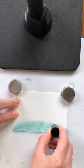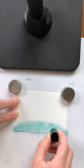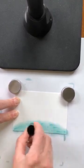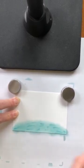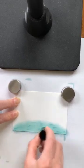They don't really react with each other, but if you get them when they're pretty fresh, it does mute it down a little bit and smooths it out. It's kind of like the idea of the Copics, more or less. As you layer it, it builds on there. So I may mess with those a little bit more after